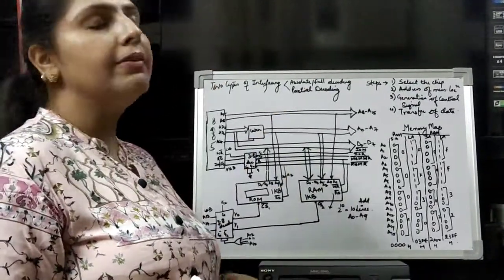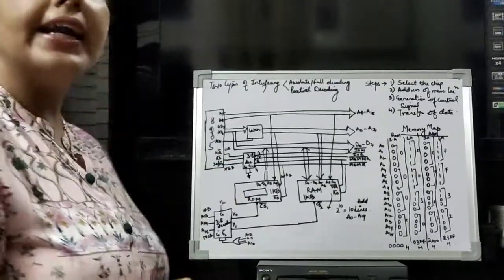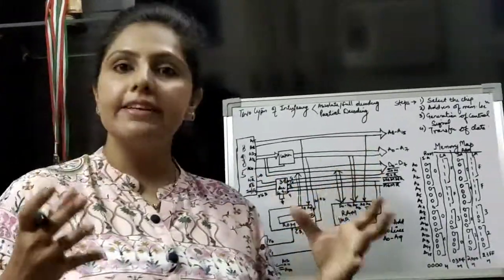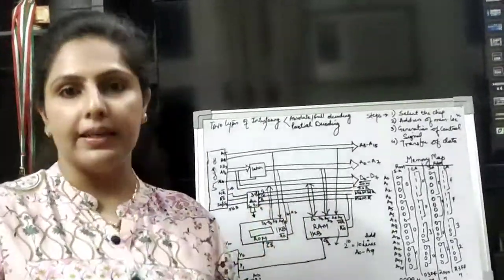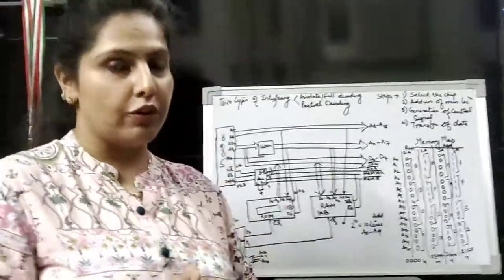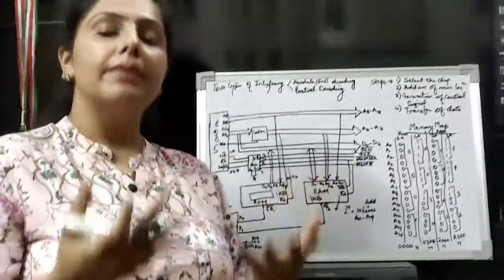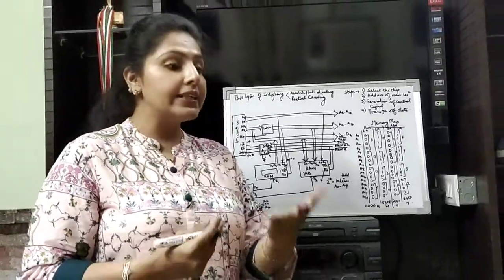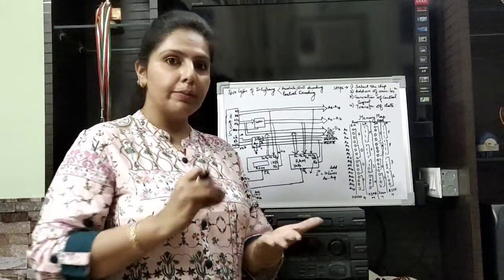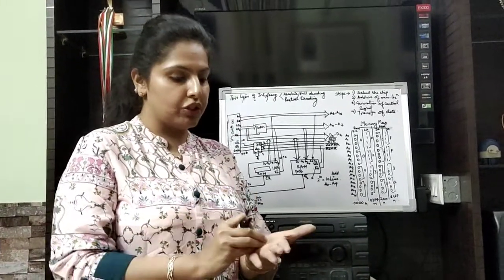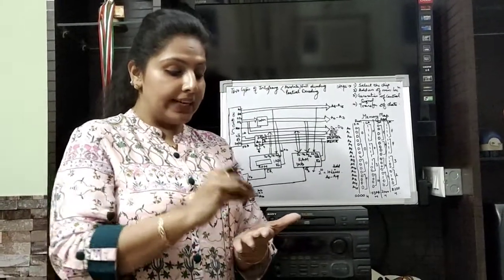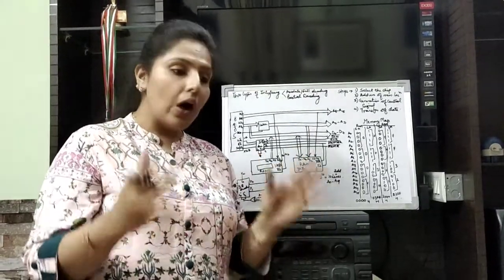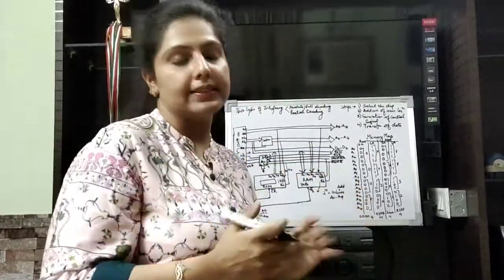Now before going to the interfacing, I would like to give you an analogy. For example, if a courier boy has a parcel and has to deliver it to someone, what will he do first of all? He first takes that parcel from the vendor, and then he sees the address. There is the name of the person to whom he is going to deliver, then the address, the locality, PIN number, phone number, all the data is on the parcel.